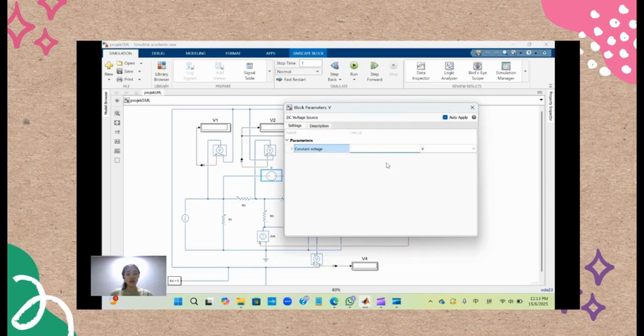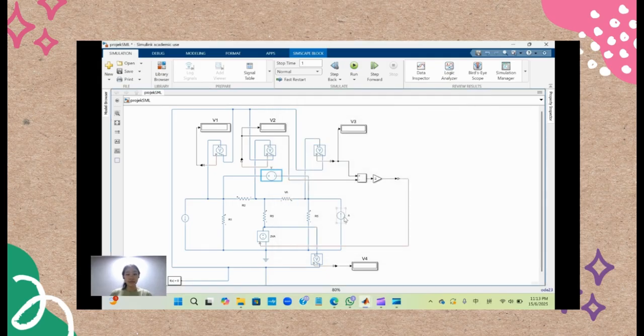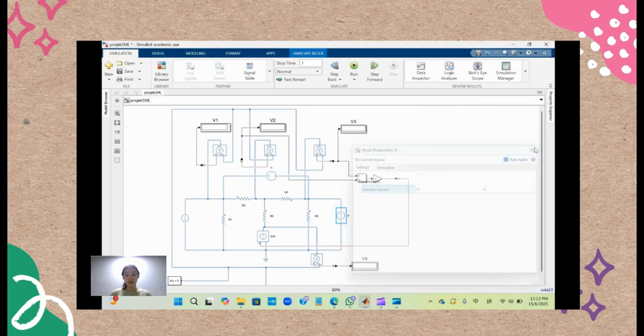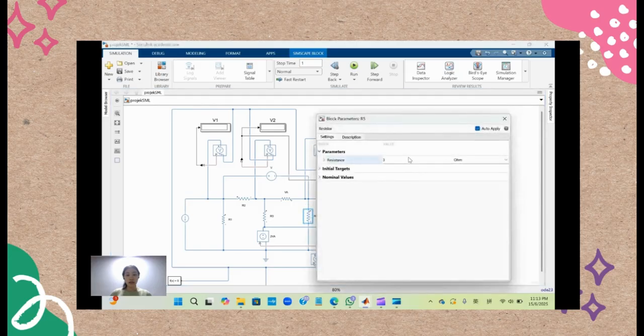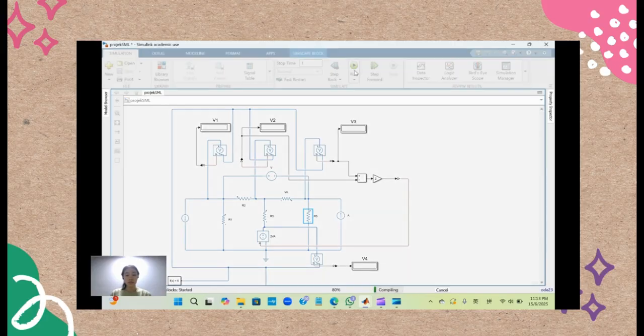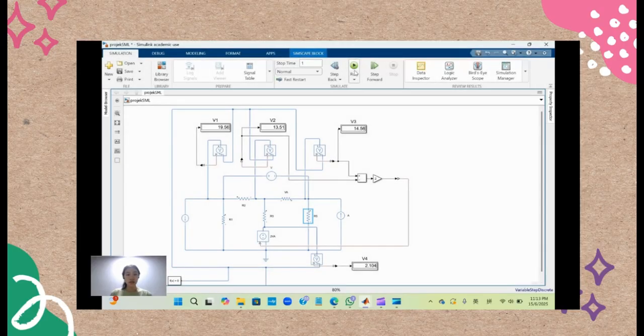And now we set the voltage in the first set of numbers, which is voltage in 5, current in 10, and resistor in 15. We run, and we will get V1 at 19.56, V2 at 13.51, V3 at 14.56, and V4